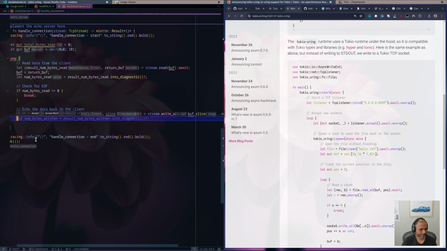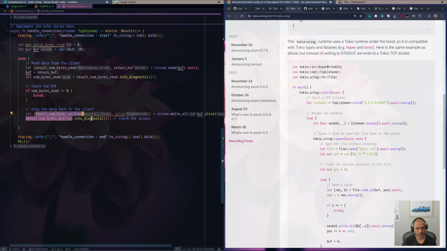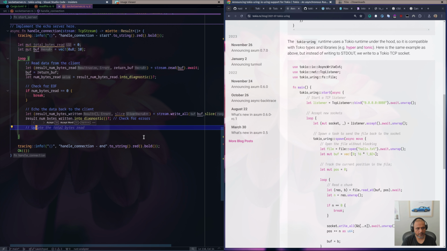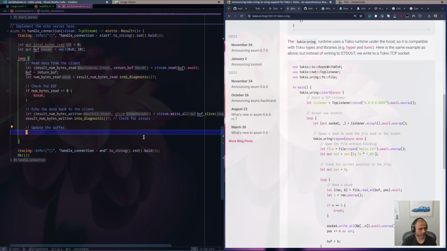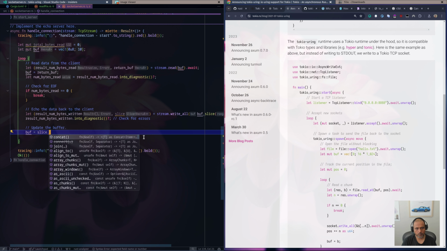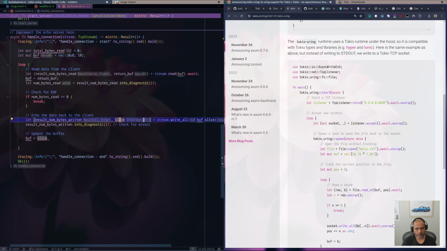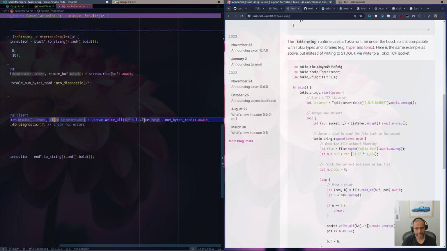So then we can say result. Okay, this is to ensure that there's no errors. So if there's an error, this result will be an error, and this will break and return out of this loop. And then finally, if that works, then we can just update the buffer. So here we can say buffer equals slice, whatever slice we got from writing it